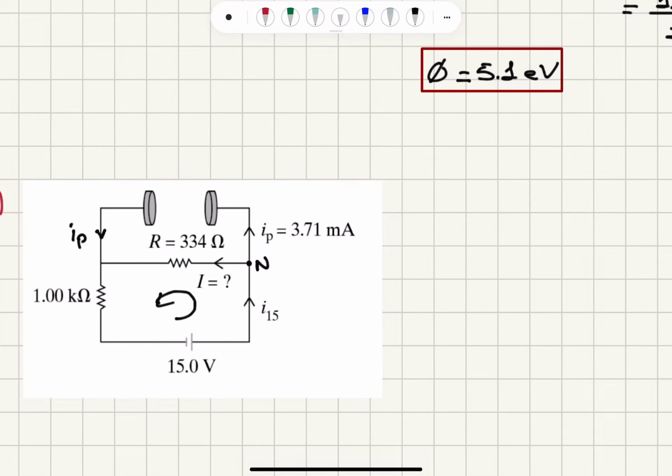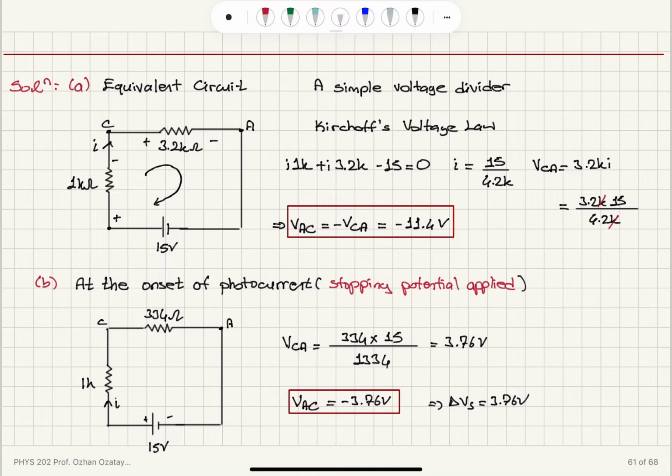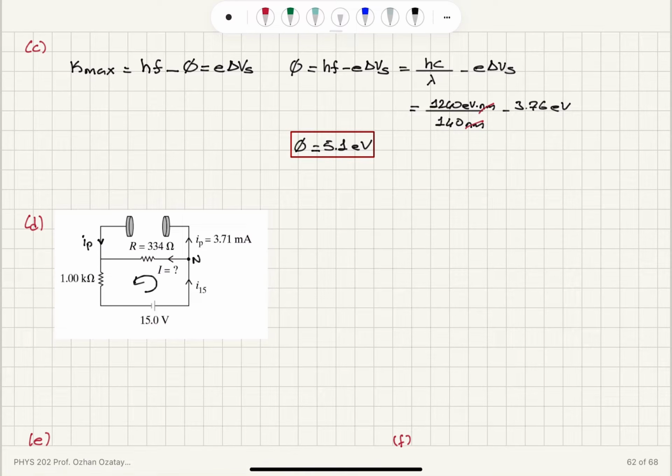Okay, so we have a photocurrent of 3.71 milliamps being measured here. We want to know the current flowing in the potentiometer branch. So this photocurrent is basically flowing down on the left side, and here we can use Kirchhoff Voltage Law, but we have to be careful. Here this was minus plus 15 volts. Now it's plus minus 15 volts. So what I'm going to do is apply Kirchhoff